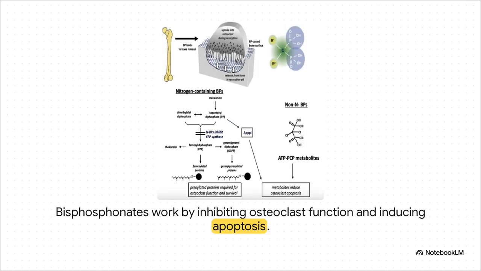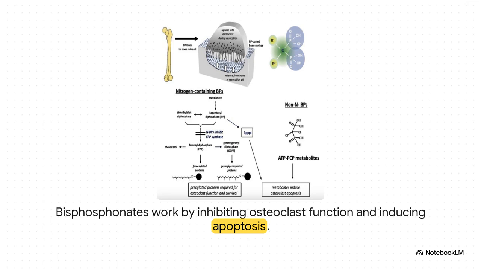So how do they actually work once they're stuck to the bone? Well, there are actually two different mechanisms. Let's start with the more powerful class, the nitrogen-containing bisphosphonates, or NBPs. When an osteoclast starts to resorb a bone that has an NBP attached, it basically eats the drug. The NBP then gets inside and blocks a key enzyme called farnesyl pyrophosphate synthase. This messes up a whole pathway, the mevalonate pathway, and prevents something called protein prenylation. Without this process, the osteoclast can't make the little lipid anchors it needs for its internal structure, and it just